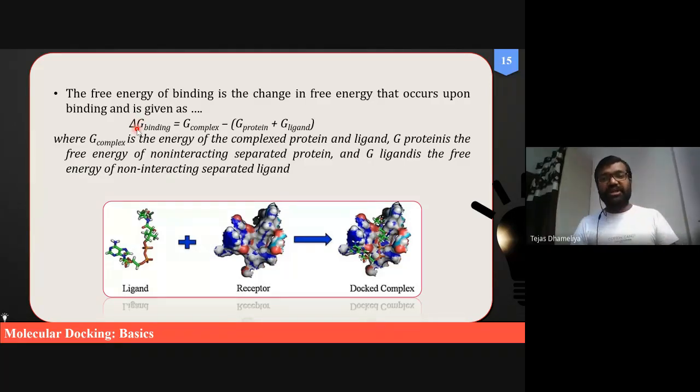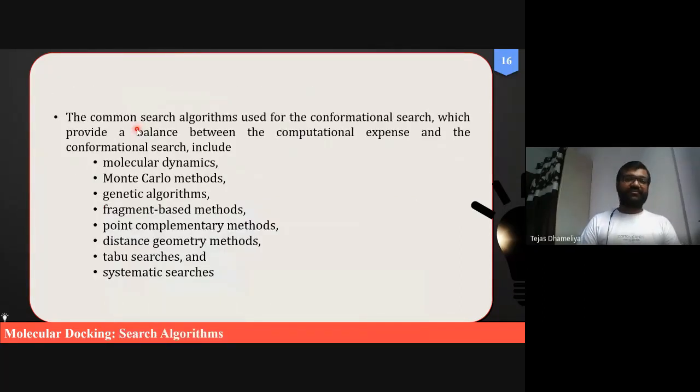But in molecular docking, whenever a drug binds with the receptor, it is going to produce energy. And this energy is generally negative, right? And that's why whatever docking score we obtain is always negative, because the binding of a drug to a receptor is negative. That's why it is an exothermic reaction.